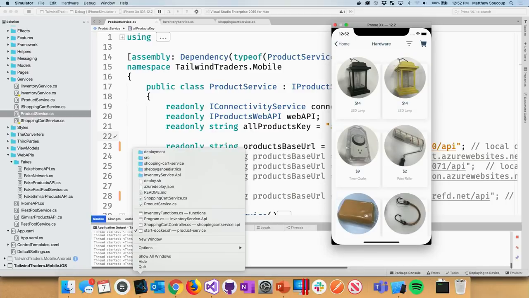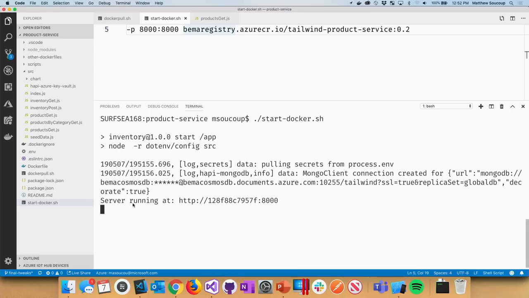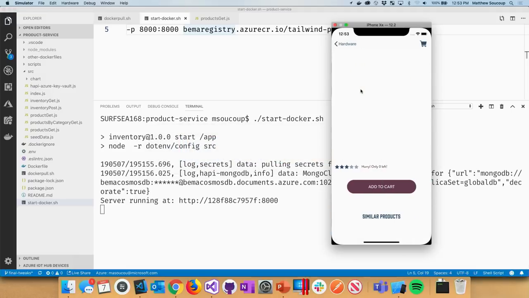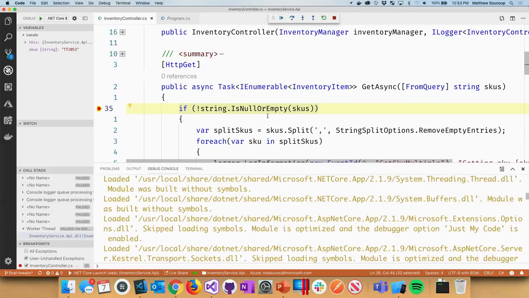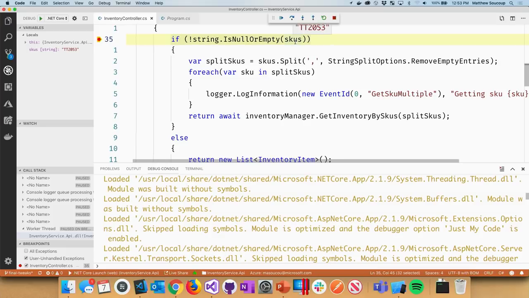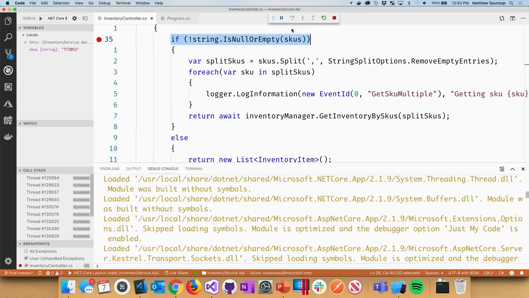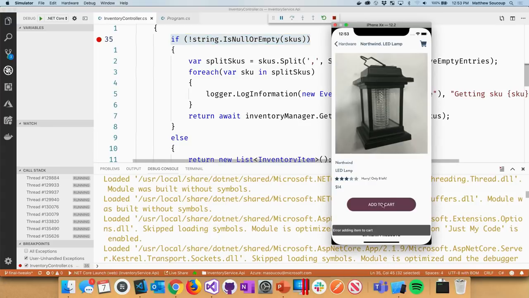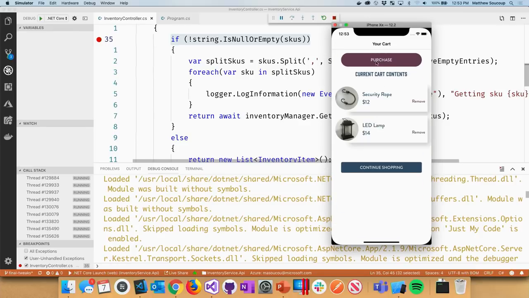If I show over here on the Docker side, I don't have anything. It would log if I was. But when I go out and try to get the inventory, I can actually go through and debug from it. So now I'm going to see my SKUs go through. So it's allowing me to debug through VS Code and see it all in there, which is pretty nice. And I can actually, if I go through here and add it to the cart, or adding the item, I think I know why,